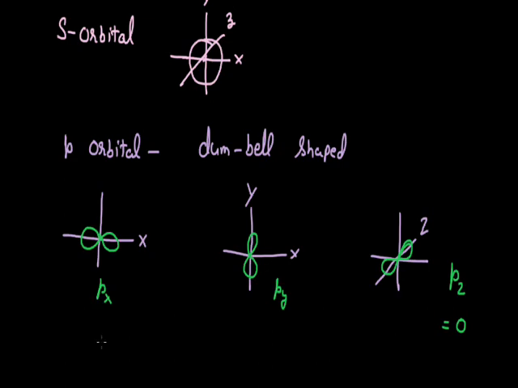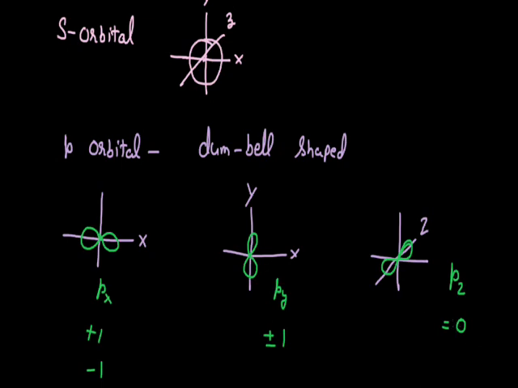The px may sometimes have the magnetic quantum number +1, while sometimes it can have the magnetic quantum number -1. Same for the py orbital, it can have the magnetic quantum number ±1. So the values of magnetic quantum number for px and py orbitals are not certain, while for the pz orbital it's certain, the value will be 0.